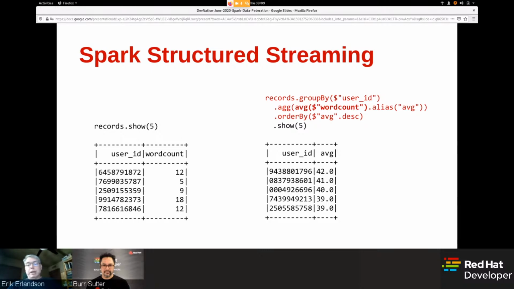I just want to take some data, group it by some value, in this case a user ID, and then take some word counts in this case and just take an average. So this is a very classic database aggregation operation. And this is what it looks like to do this on a static data frame. There's just a static table living somewhere at rest on the system.